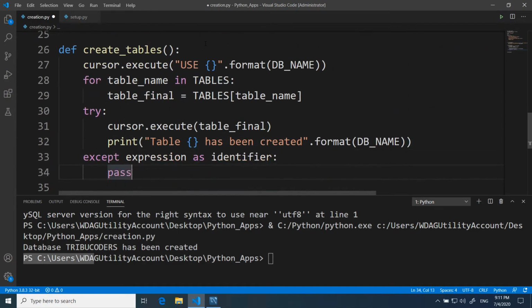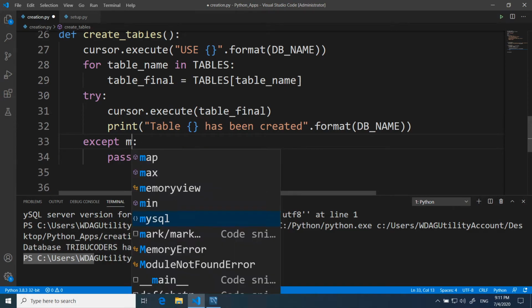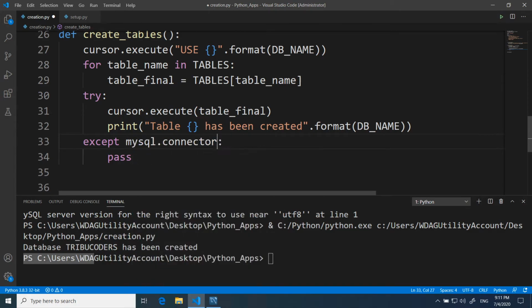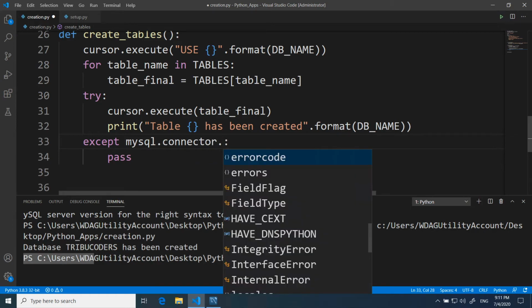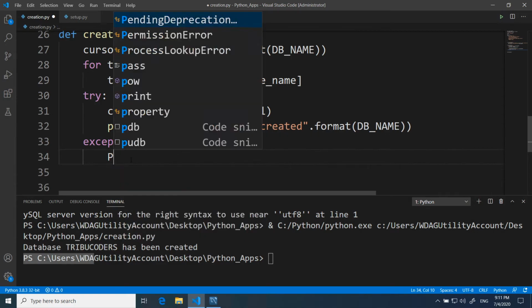So we're going to take that out, and say mysql.connector dot error. Yeah, so if we got an error here,